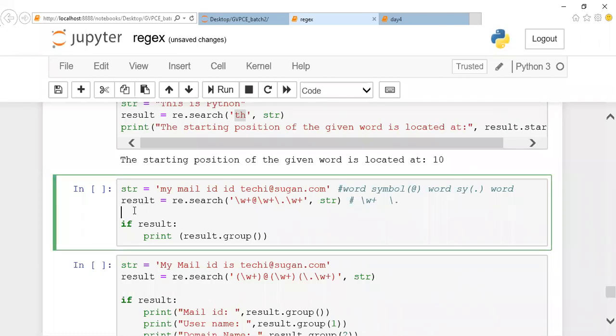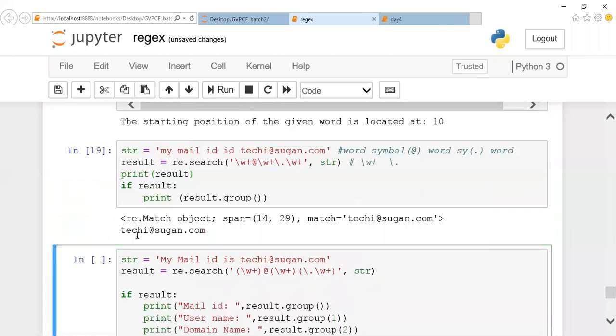Okay. The same doubt keeps popping up, guys. For the at-the-rate symbol it is not required. Only for dot it is required, as per the given rule. This is a fixed rule. We can't define why the rule is so.